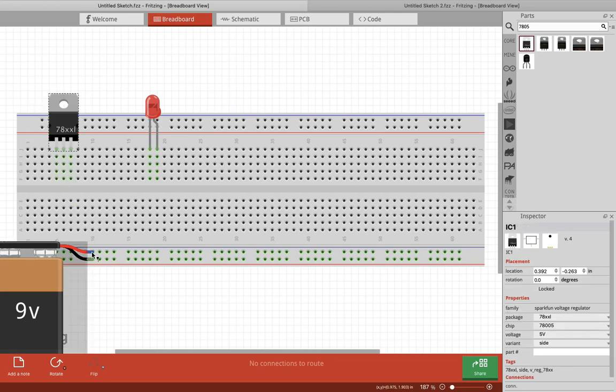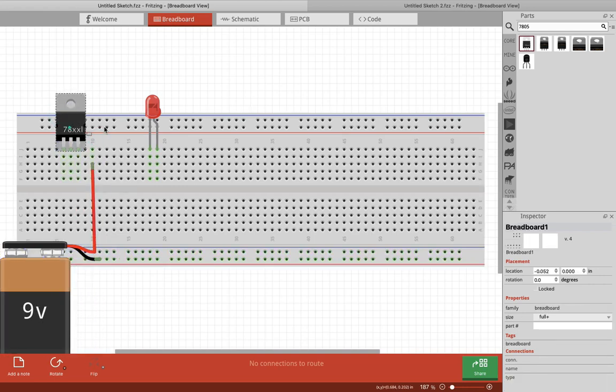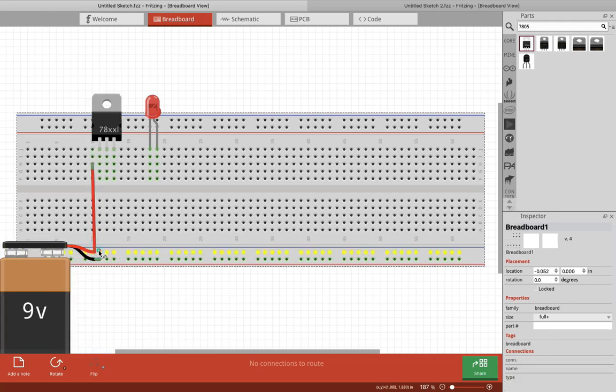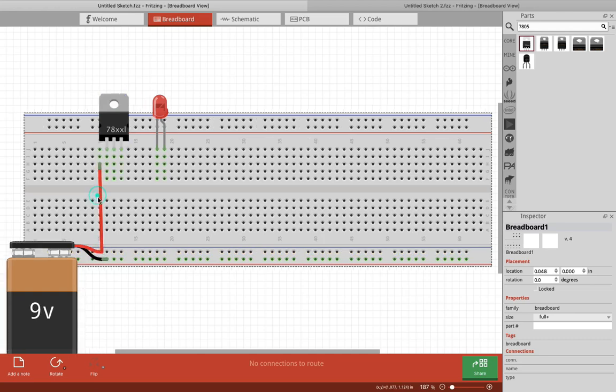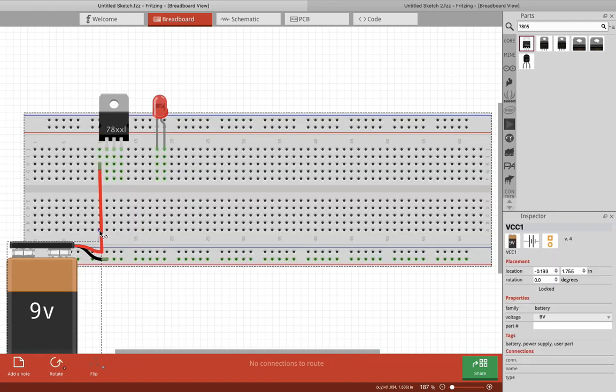So this 5 volt you can connect with this. Just connect like this. This 9 volt you can give as input to this. Just delete this first, just a second.